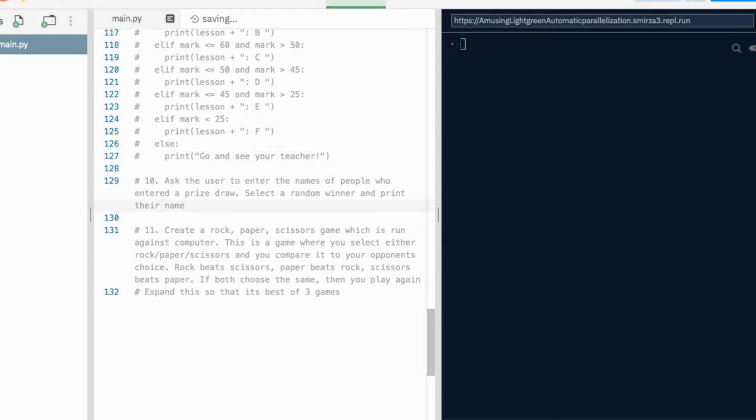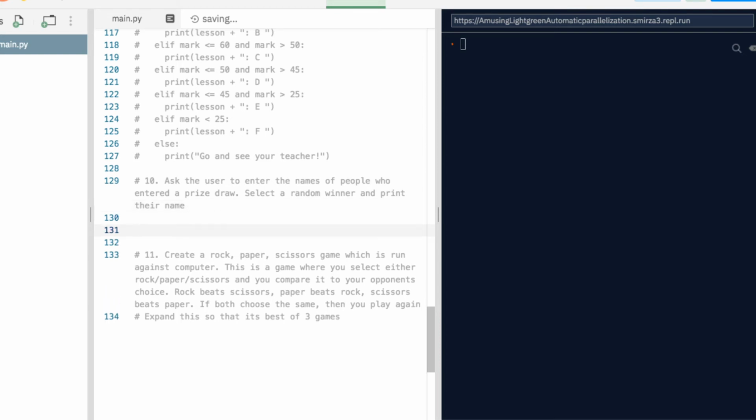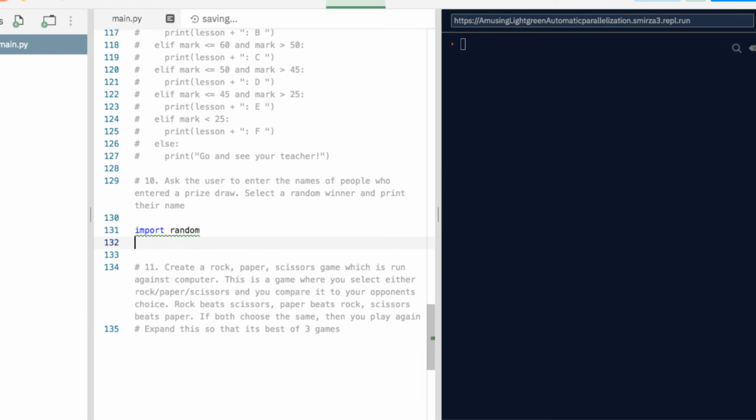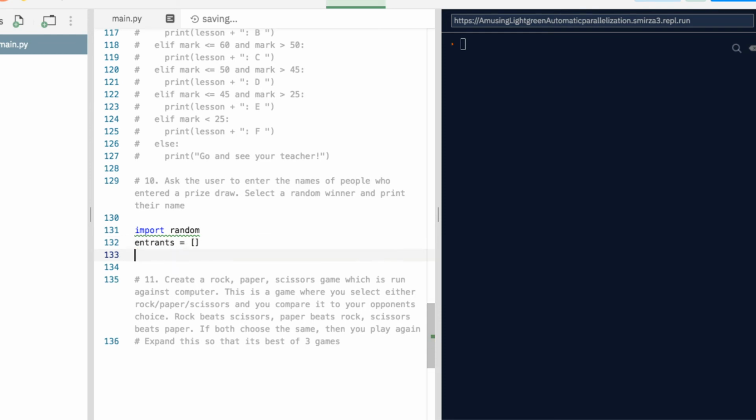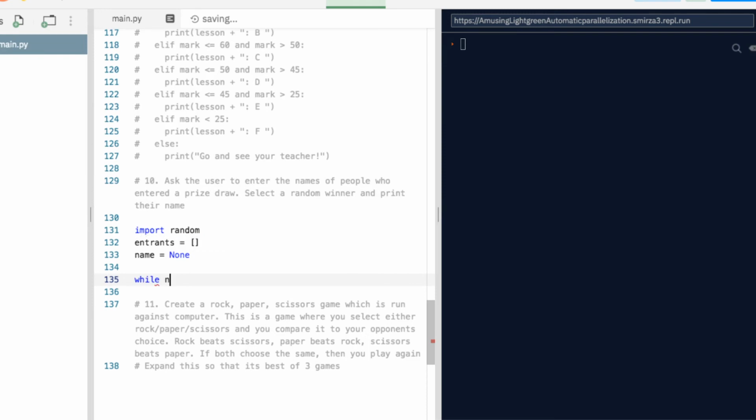Okay, so now we're going to ask the user to enter the names of people who entered a prize draw. We're going to select a random winner and print their name. So if we're going to do something random, the first thing we need is our random module. We're going to get a list of names, so we'll need a blank list. And we're going to use name in our while loop, so that has to equal none. So while name doesn't equal a blank string,